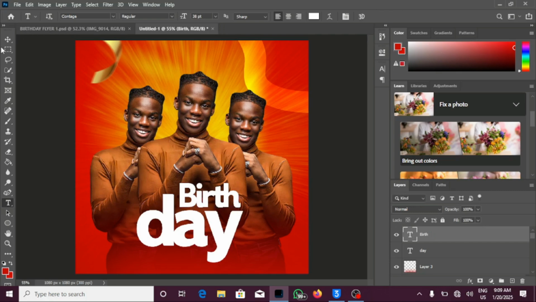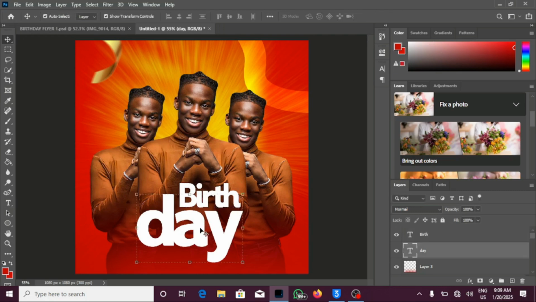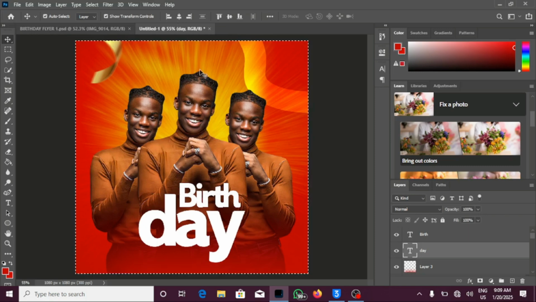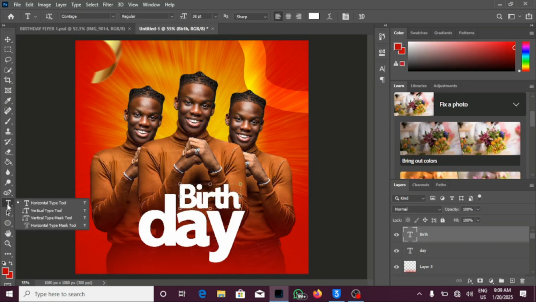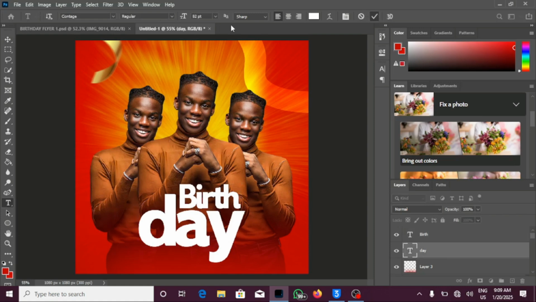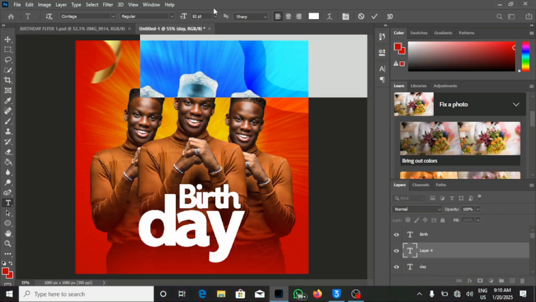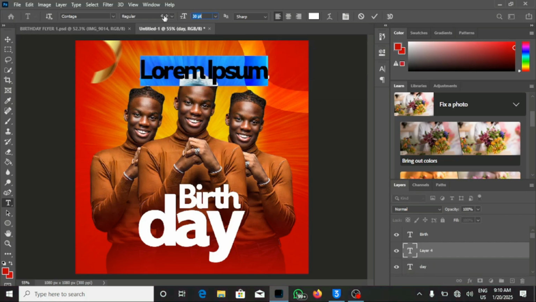So we will have to choose the day, and then press Control A to highlight everything, and then Control D to deselect. We actually press Control A to highlight it and choose the center alignment as we did, and Control D to deselect. And now let's shift the birth down a bit like this, and we have to type in our 2025. And with this one, I use a different font, which is MTN Brighter Sans. If you have been following my tutorial, you can see I actually love that particular font. It's actually nice. So this, and then reduce the size and type in